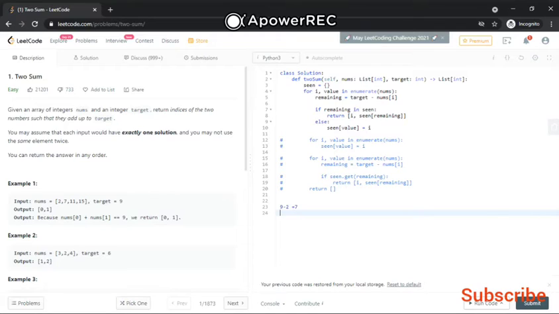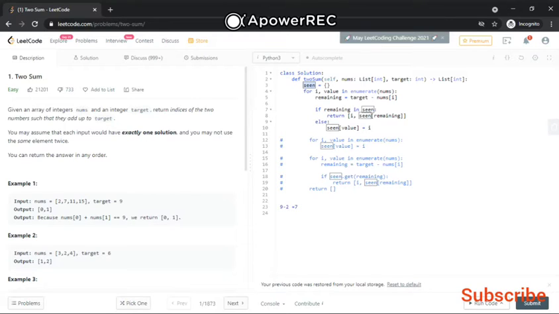With every loop, we store every value in the dictionary, as I said, doing reverse mapping. We will come to the other part later.